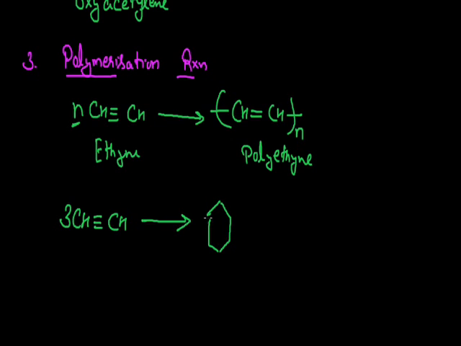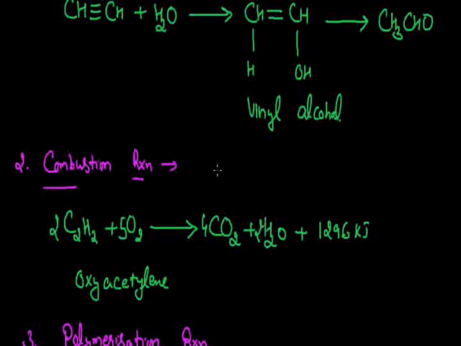So sometimes to prepare this benzene, we can take this acetylene as the starting reagent, and by the cyclic polymerization of this compound that occurs in the presence of a red hot iron tube, this cyclic polymerization process will occur, which will result in the formation of benzene. Now that is about the chemical and the physical properties of this compound.